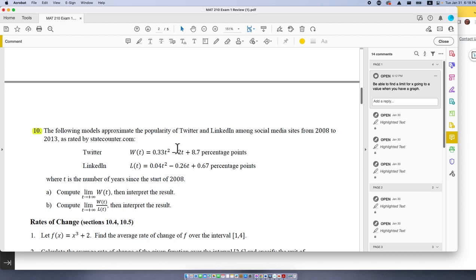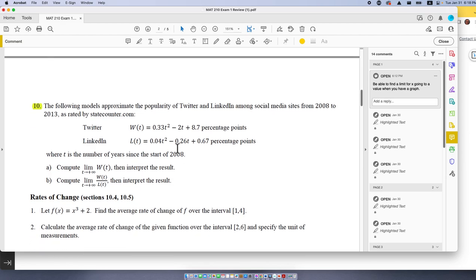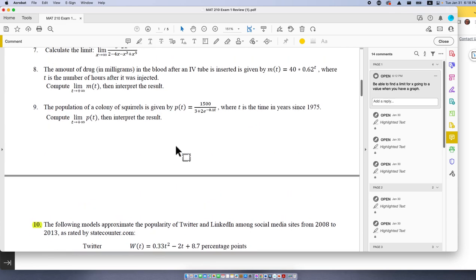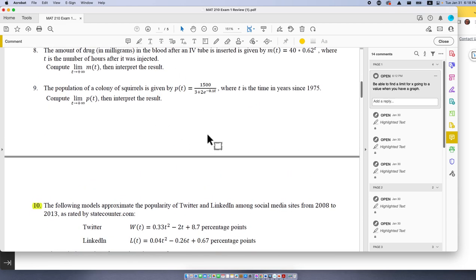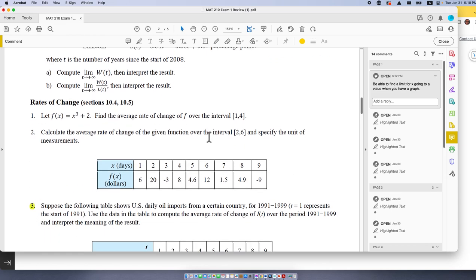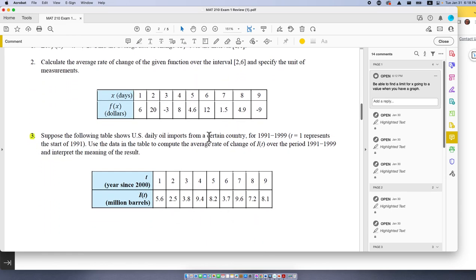Okay, so it's more of a conceptual type question, but there is a little bit of calculation. So again, be able to engage with this one. And you can go back and review. We've had similar problems to these. And again, these ones up here are similar, but make sure you take a look at 10. There's going to be some rate of change type problems where they give you a table and they want you to calculate,